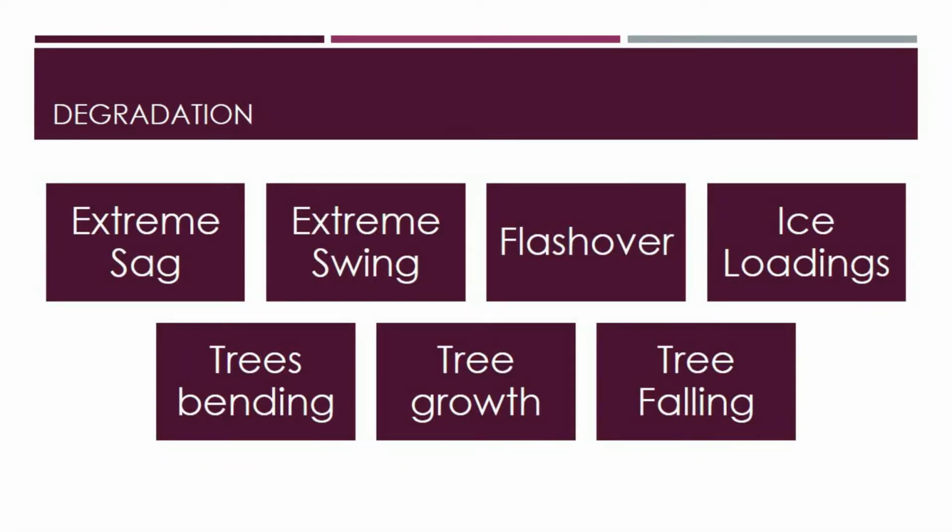Now, under normal system operating extremes, overhead power lines at all voltages require space from other objects to avoid flashovers to earth, other equipment, or humans. The following are examples of the extremes as shown in front of you right now. So the most severe one is extreme sag, which occurs when a line is operated at its maximum thermal load, namely where the conductors are taking their maximum allowable current load. The other